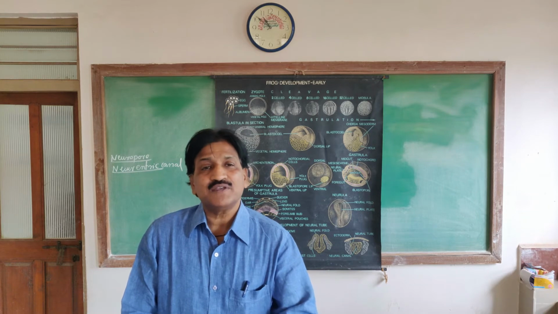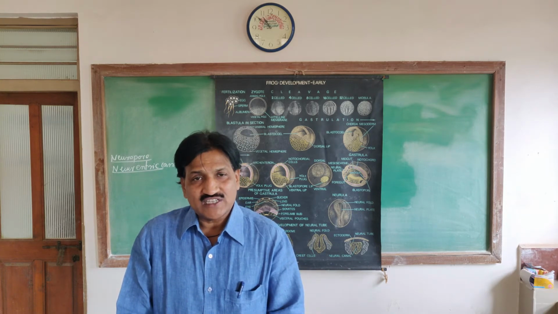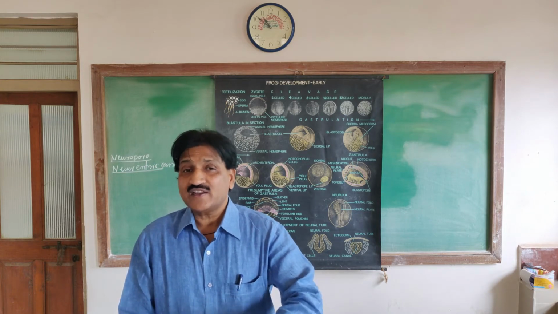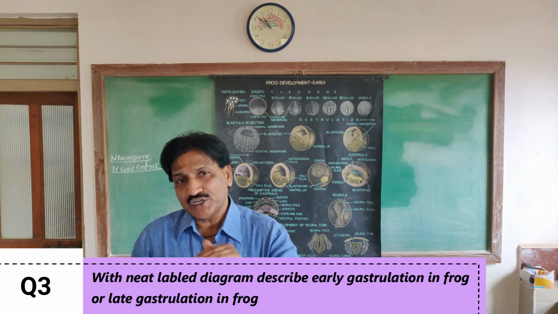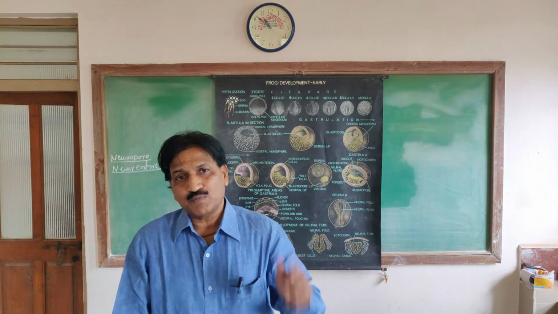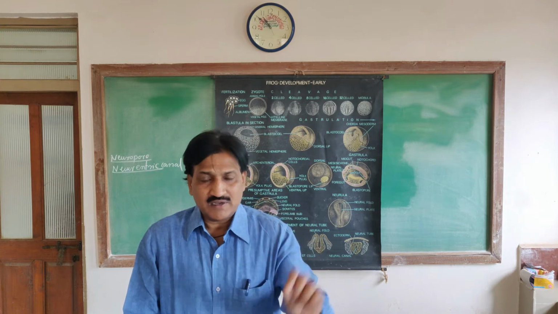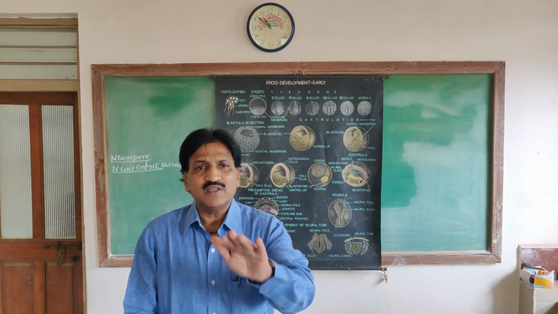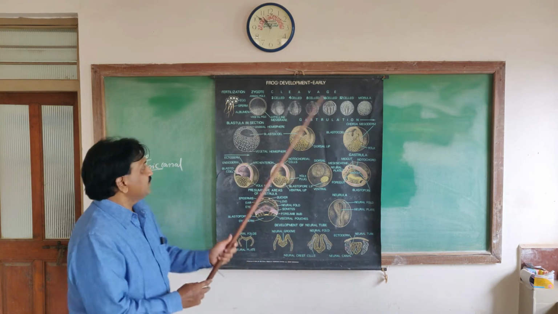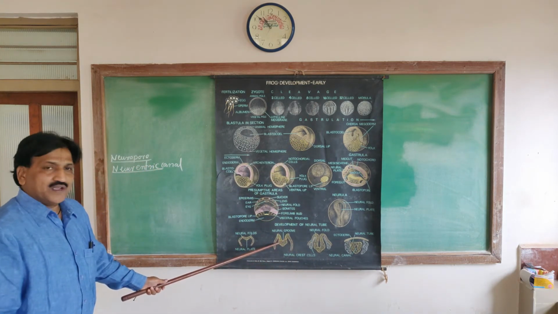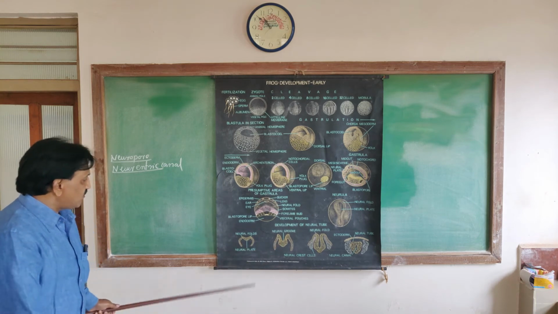post-gastrulation. Post-gastrulation means after the end of the gastrula, the next step is called neurogenesis and notogenesis. With a neat labeled diagram, describe early gastrulation. You are starting from the introduction to gastrulation up to the gastrula diagram, up to the mature gastrula stage. Okay. So once again, I will take the next topic under frog embryology,